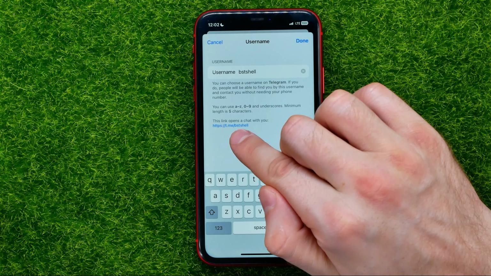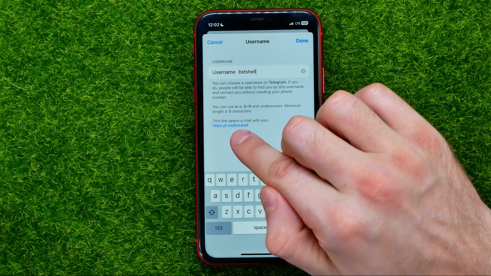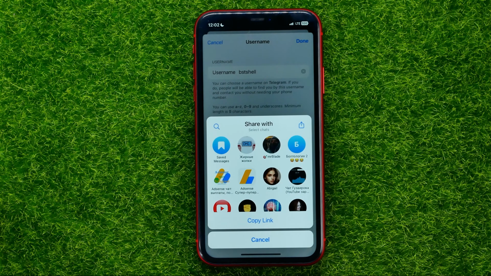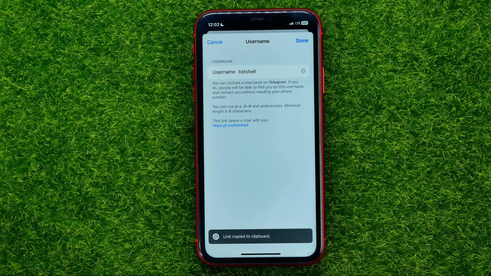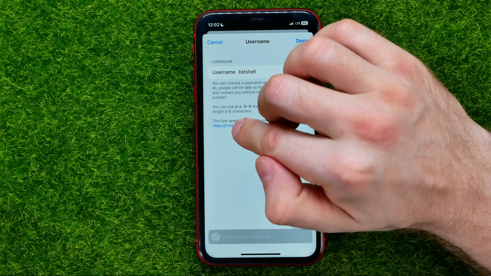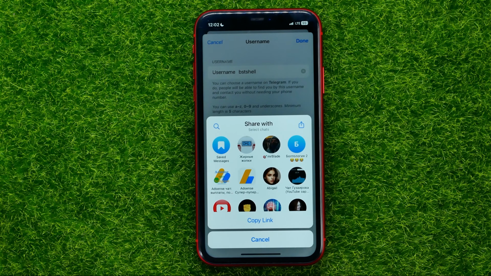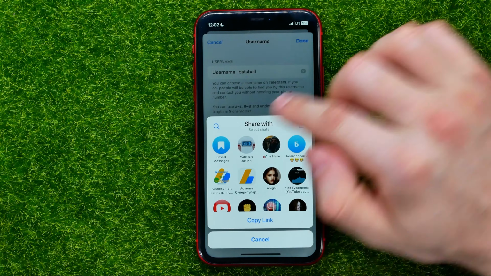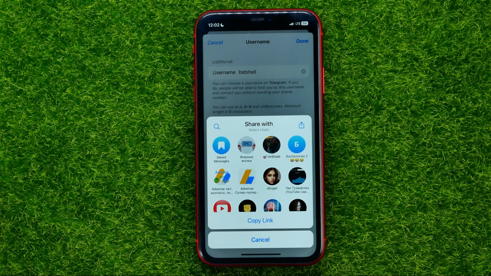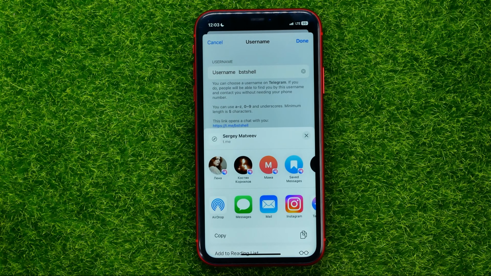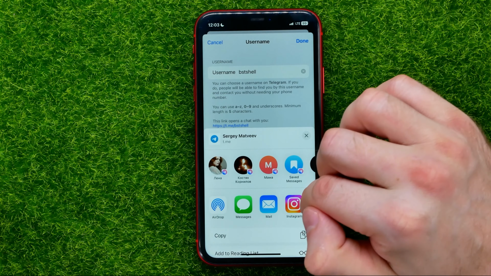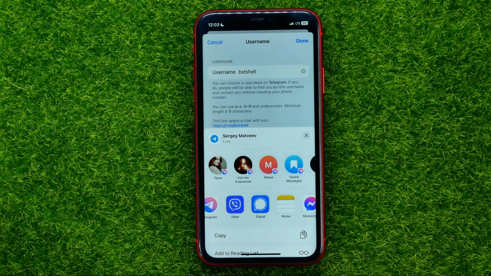right here at your profile link, and that will open up share options, and that's where you can hit copy link to copy it to the clipboard, or also you will be able to share this link with some Telegram contact by selecting them, or you can hit the share icon again and then select another way how you